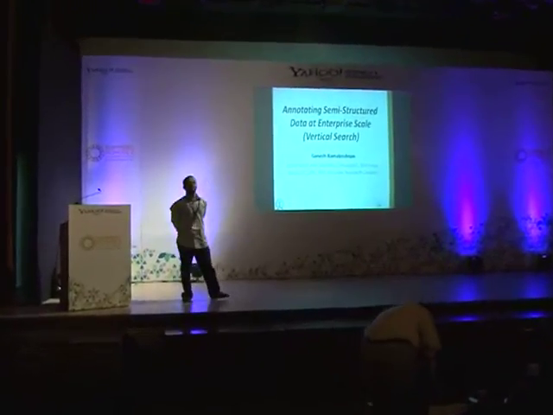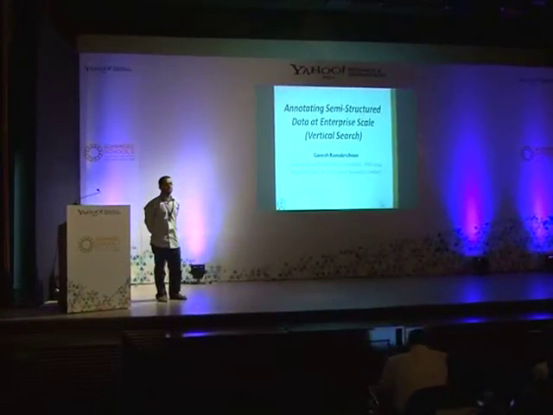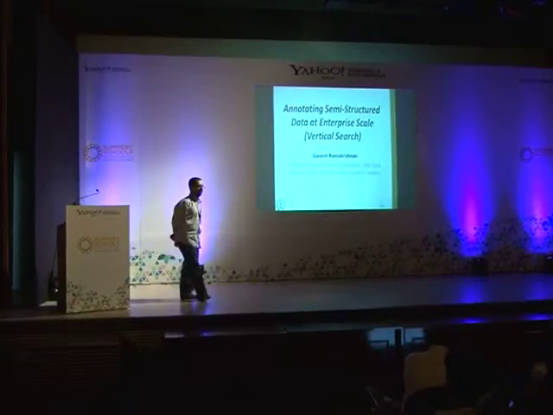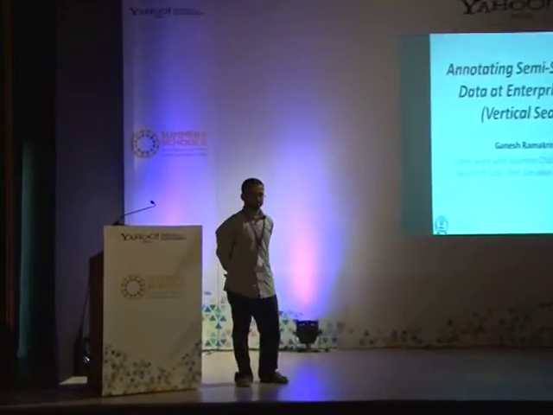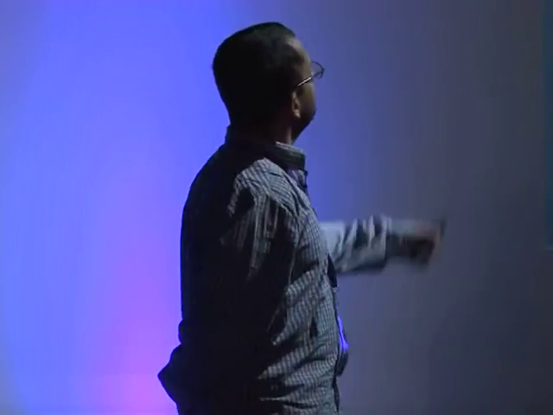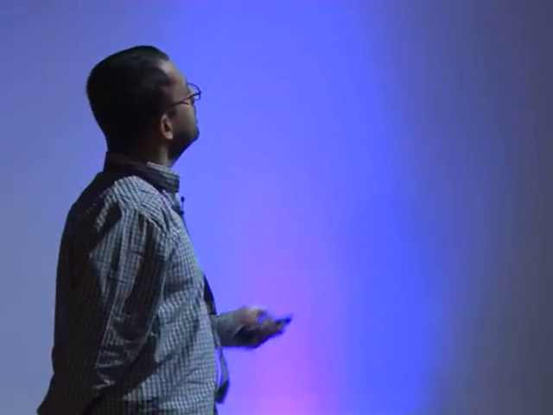So I had earlier planned to present a tutorial on scalable entity annotation in search, but looks like you already had a tutorial on entity annotation linking. So I've decided to present what, in my opinion, are deeper questions and some interesting research challenges in the area of entity annotation. I'll be focusing primarily on vertical search.